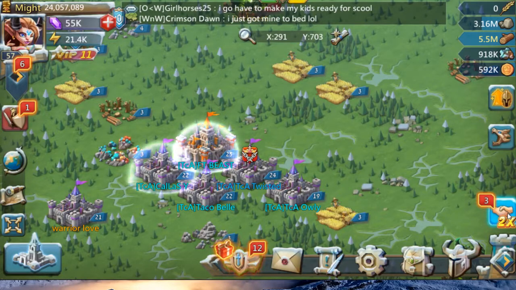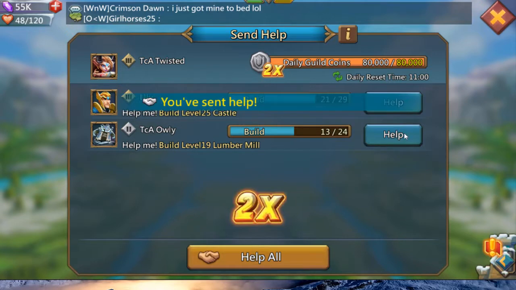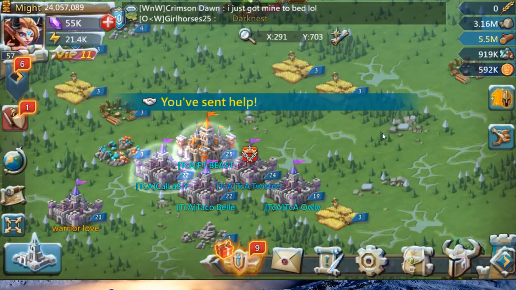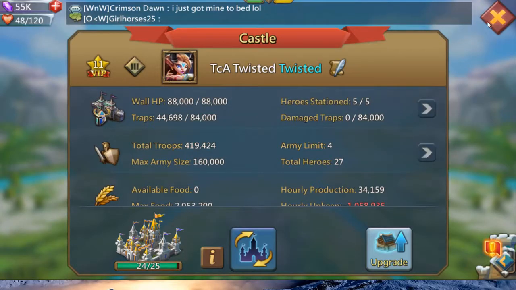This is the guild help button, so you click this and it'll pop up, these people have requested help. When you do researches or upgrade any buildings, you can request help from your guildmates, and what it does is basically take off, I believe, about a minute of the upgrade time. So if you could see, like Abbott has 26 possible helps, Lily has 29, and Owly has 24, and I believe those are all based on your castle size. So if you look at your castle by clicking on it,